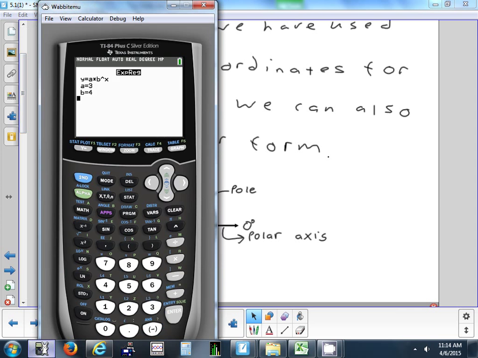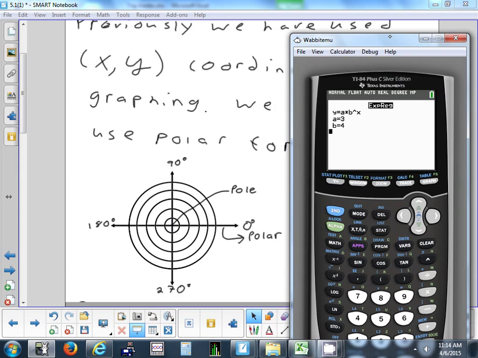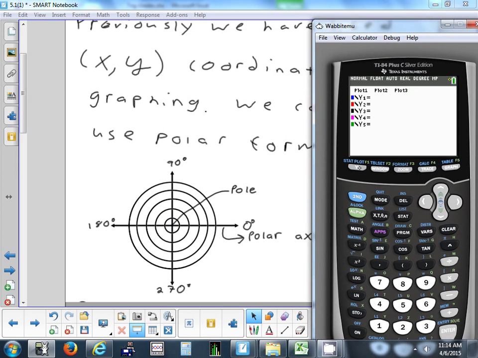All right, so let's take a look at a graph. What I'm going to do is draw a picture of a circle. And you don't have to know how to draw it. My point in showing you this is how much easier it is to type in polar form versus using y